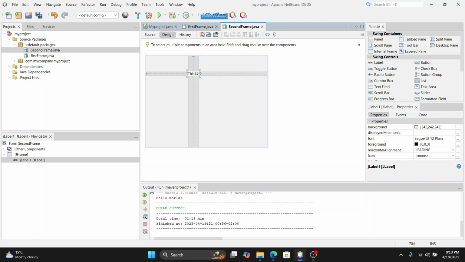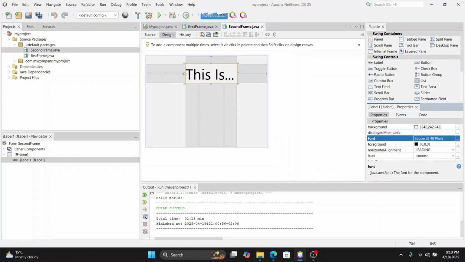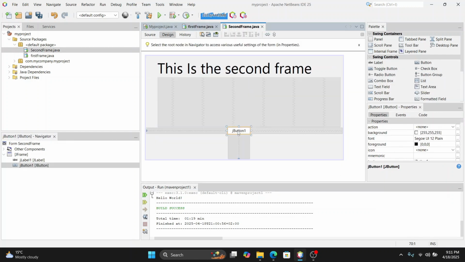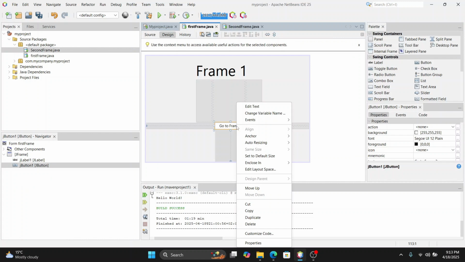Change the text to something like Go Back. This button will open our first frame. Time to link the button to open the new window. Go back to FirstFrame.java, double-click the button, then type: